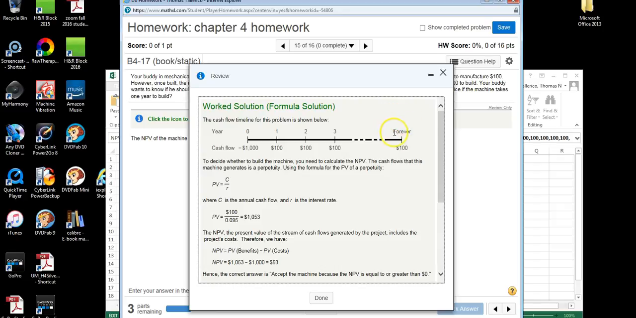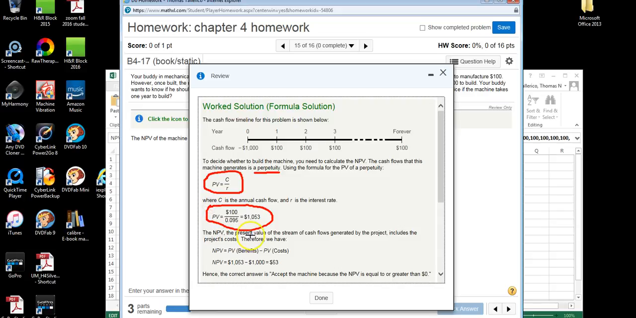When you see the word forever, the first thing you should think of is this term here called a perpetuity. That should lead you to the present value of a perpetuity, which is simply C divided by R, the payments divided by the interest rate, which they gave you as 9.5%. So when I do this simple division, I get a present value of